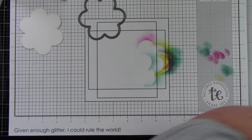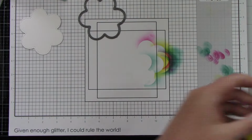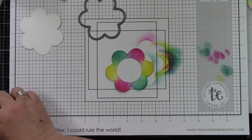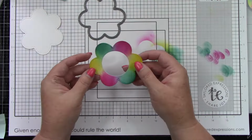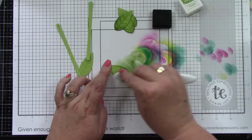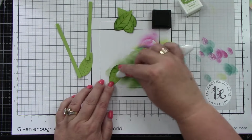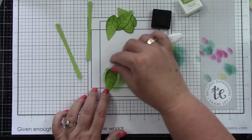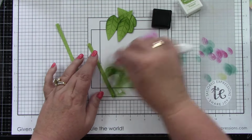We're going to die cut that out, and then I can just discard that little circle piece because we don't need that. But I did use this circle piece to die cut. Oh no, I did not. I'm sorry. I used the smaller circle piece to die cut the center, which I will show you here in a little bit. I have the leaves and stems that I am ink blending with Peapod ink,